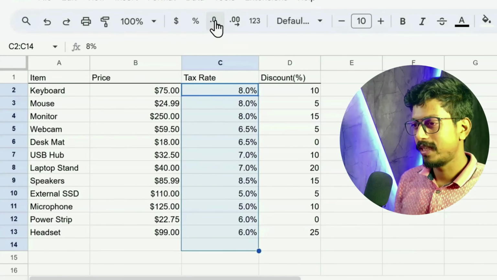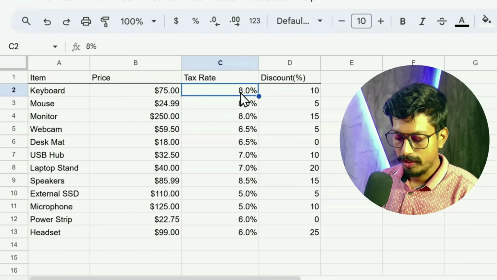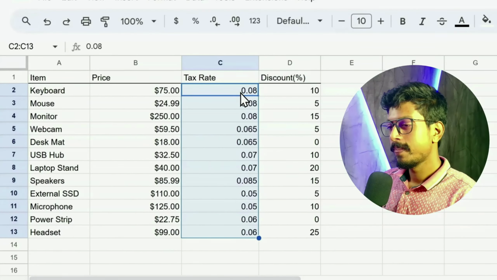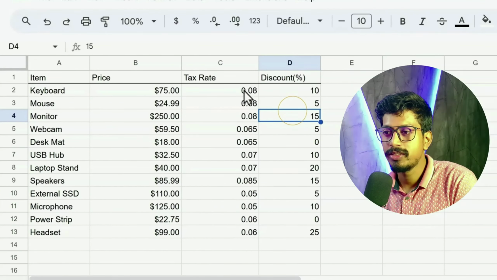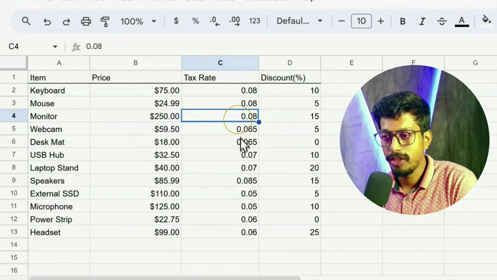Now, what is that mistake? Before formatting this, if you remember, how was it looking? Okay, so how it was looking was like this. I'm just pressing the undo key here and I move back to this state in my spreadsheet. So before formatting this, as you can see, it was looking something like this: 0.08, 0.08, 0.08, and all of